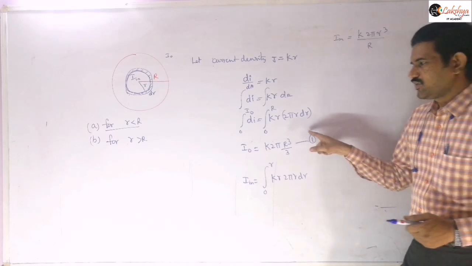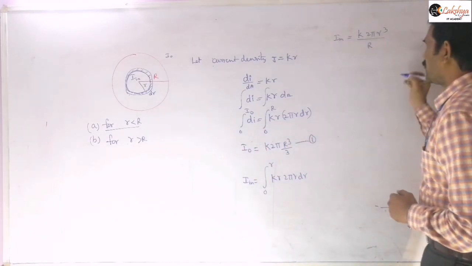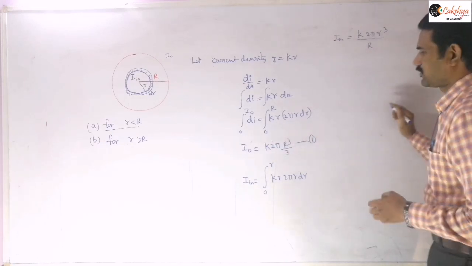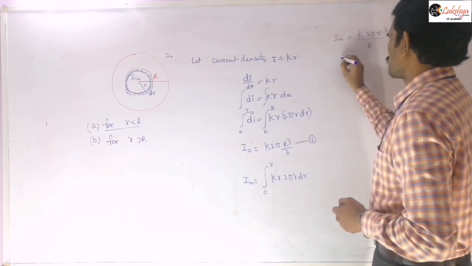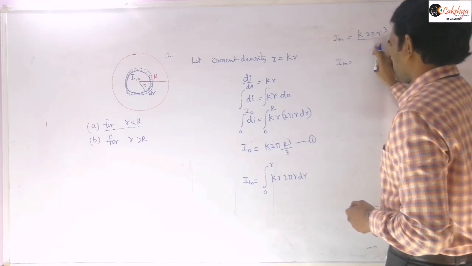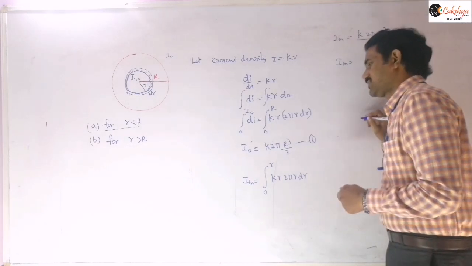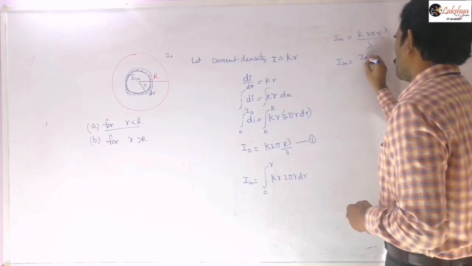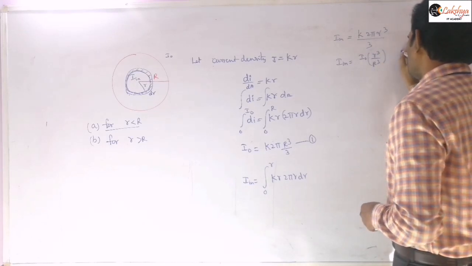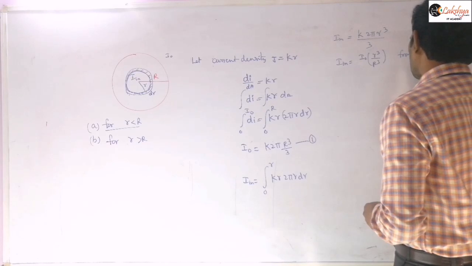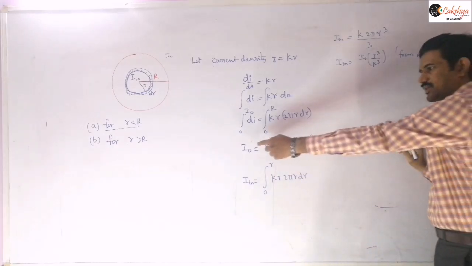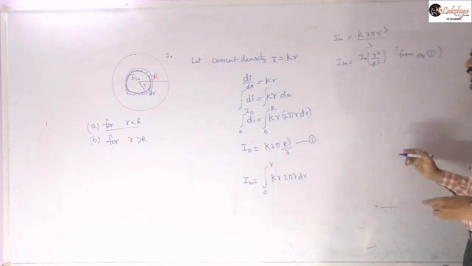So now we can eliminate that K value with the help of this equation. You can substitute that K into 2 pi by 3 value from this. So I_in is equal to, sorry, this is 3. Then you can write this expression as I naught by R cubed. So this is I naught into small r cubed by capital R cubed. We are just using equation 1, eliminating the 2 pi by 3 value, so you get I naught by R cubed. So now this is our I_in value.